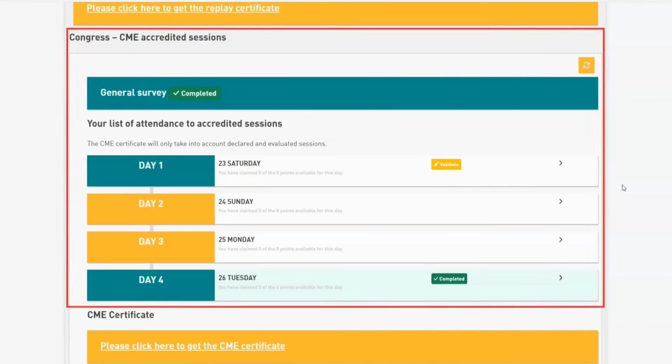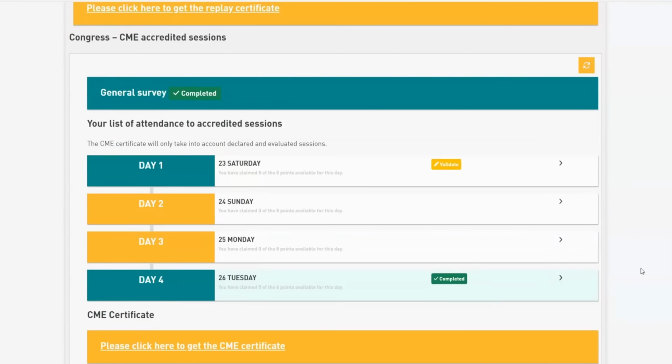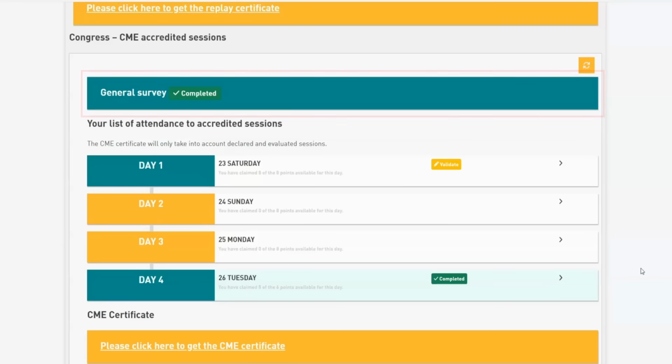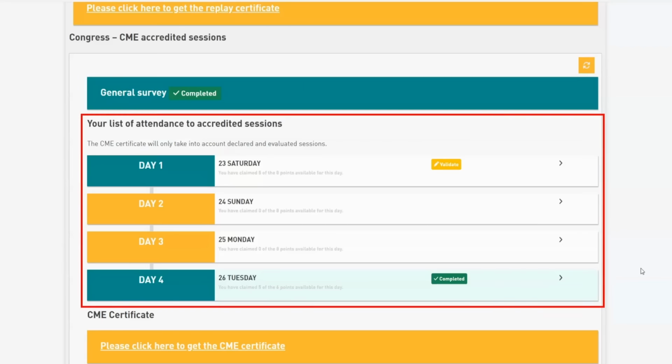The following is related to CME. This section is divided into two different parts. In the top part, the Congress survey is mandatory and must be filled in to generate the CME certificate. In this example, the general survey has already been filled in. Below, you can see the summary of the number of the points claimed as well as the maximum number of